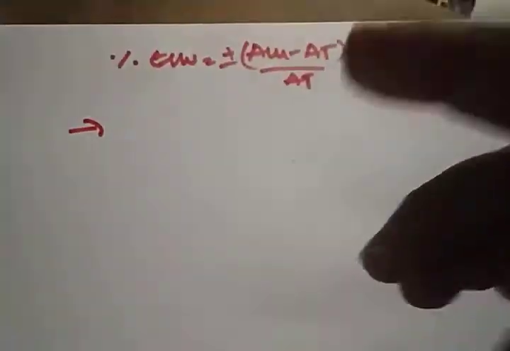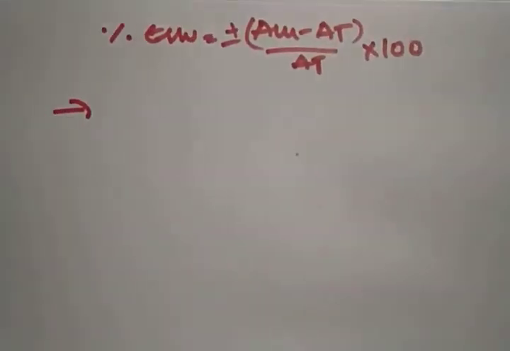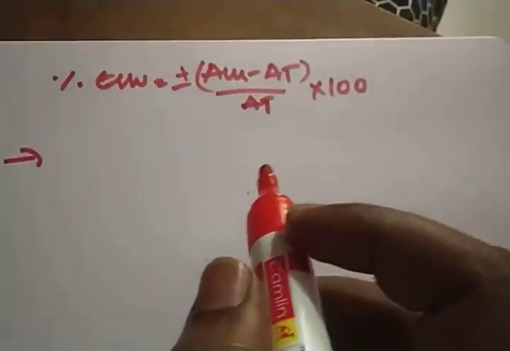You know the percentages. So what is the percentage error? Plus or minus (AM minus AT) by AT into 100. See, if this percentage error is done by the user itself,